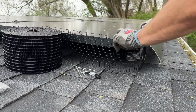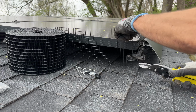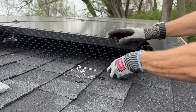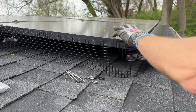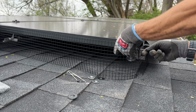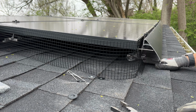So let's go ahead and jump back in and install the second option for a critter guard. Now the second option is truly just mesh. It's 6 inches in width and it's a 100-foot roll. You can get all types, you can get 8 inches in width, and they all come in about 50 cents to 75 cents per linear foot. That is compared to our superior option in terms of its overall quality at $3 per linear foot, which was